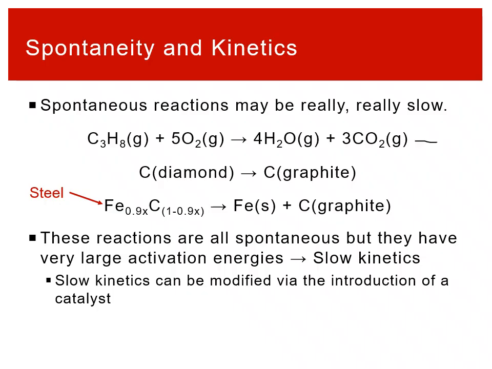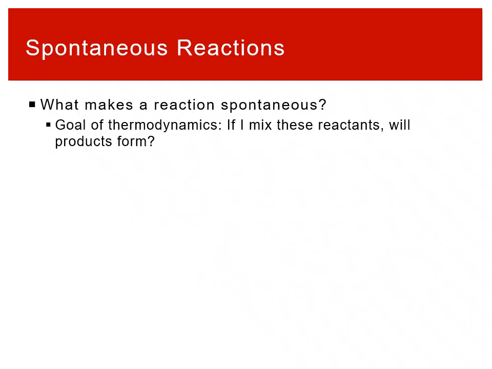So that is one of the important aspects behind all of the spontaneous processes. We're going to learn to predict whether or not something is spontaneous, and that just implies whether or not it should happen, not whether or not it will happen fast, right? So you may not be able to observe it over the lifetime of the Earth, that kind of time scale, as in the case of diamond, but they should happen. The rest of chapter 16 is going to be focused on the question of what makes a reaction spontaneous.